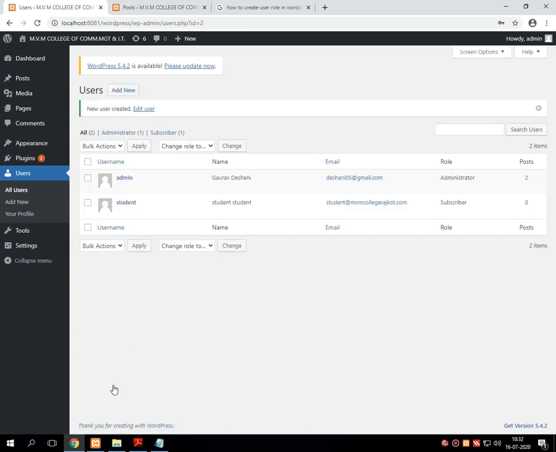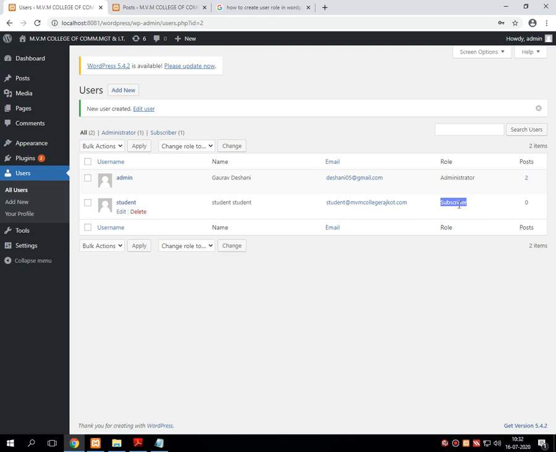Once it is done, over the dashboard there are now two users available: one is admin, another is student. The name of the student I have given like this, then the email ID given like this, and the role of that user is subscriber, which is different from the role of the administrator.